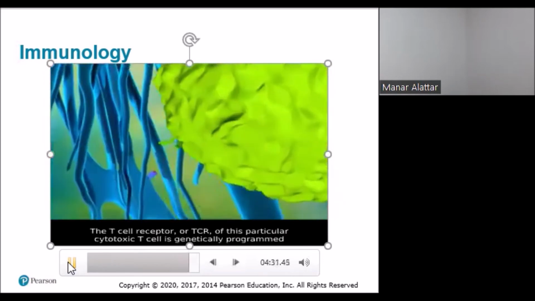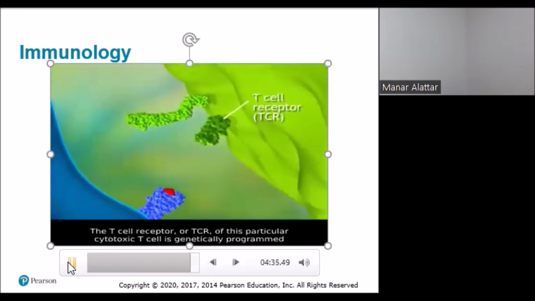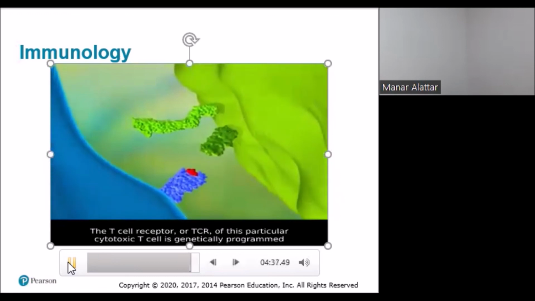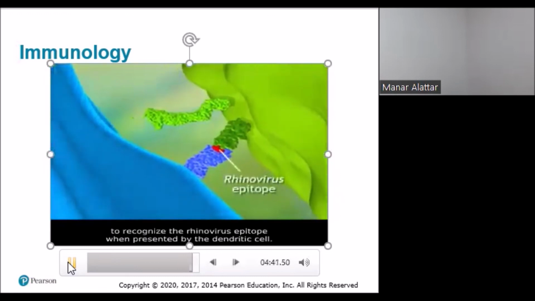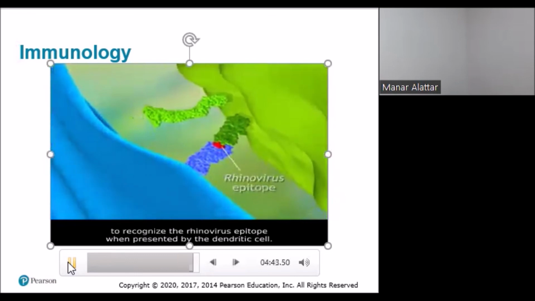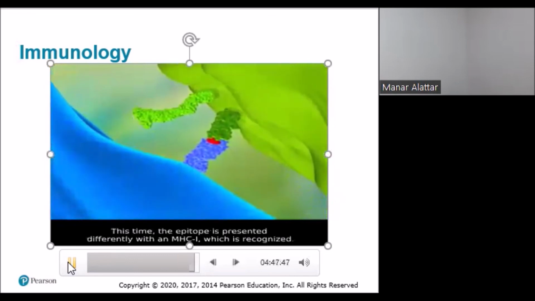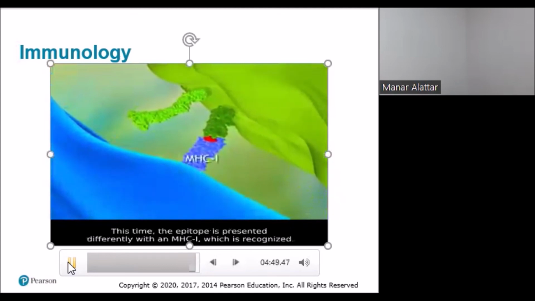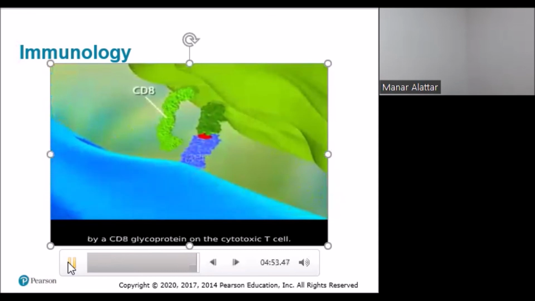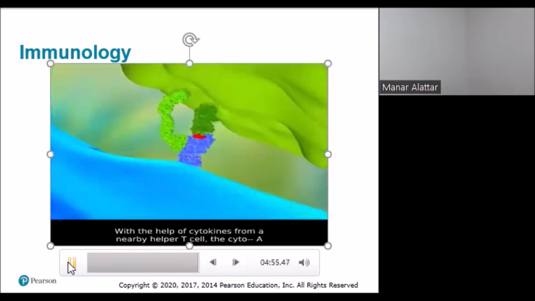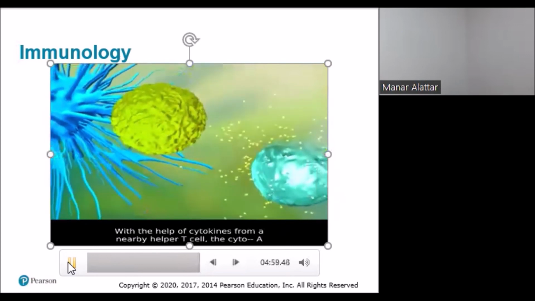The T cell receptor, or TCR, of this particular cytotoxic T cell is genetically programmed to recognize the rhinovirus epitope when presented by the dendritic cell. This time, the epitope is presented differently, with an MHC1, which is recognized by a CD8 glycoprotein on the cytotoxic T cell. With the help of cytokines from a nearby helper T cell, the